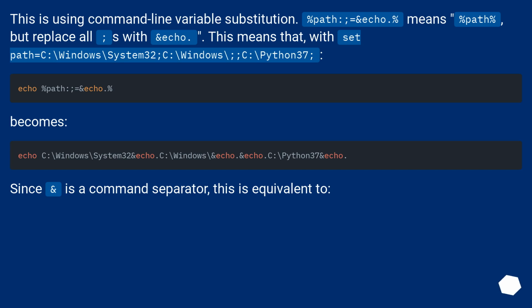This is using command line variable substitution. %path:;=&echo.% means %path%, but replace all semicolons with &echo. This means that with set path=C:/Windows/System32;C:/Windows/;C:/Python37, it becomes: